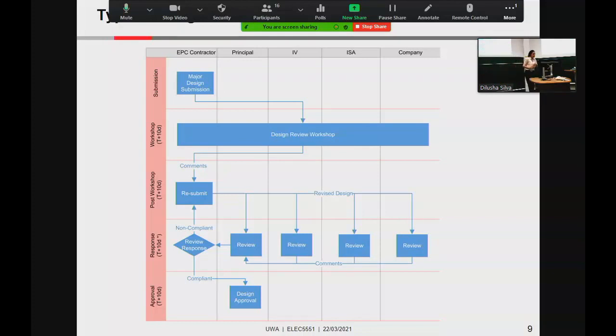ISAR, similar, independent safety assessor. What they do is pretty much what IVY does, but from a safety perspective. So you submit a major design submission. Everybody reviews that. This is the stage, that's design review. A design review workshop happens